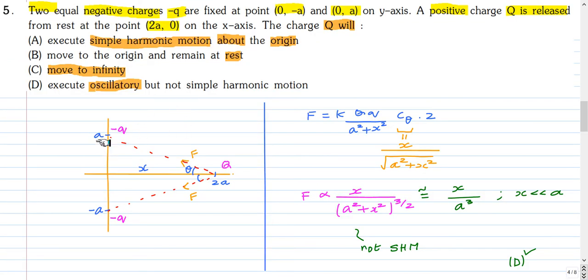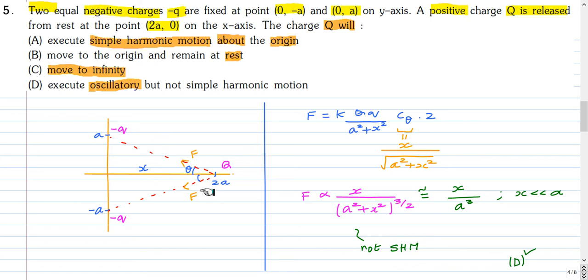So there are 2 point charges, minus Q, they are negative charges. Q is positive at y equal to plus a and y equal to minus a, and there is a third charge Q at a distance 2a along the x-axis. Since these two charges are opposite, there will be a force of attraction between them. So this force between this point charge Q and the negative charge here, and similarly the negative charge at minus a, will give a force in this direction, and the magnitude of these two forces are equal because the charges are same and the distance is also same.